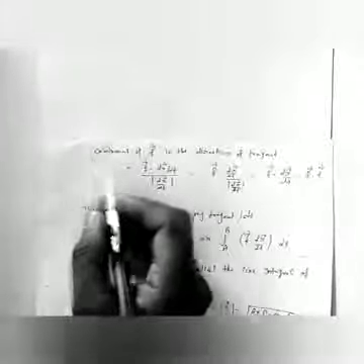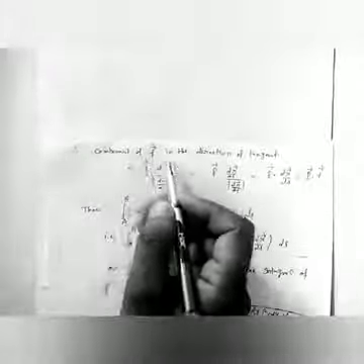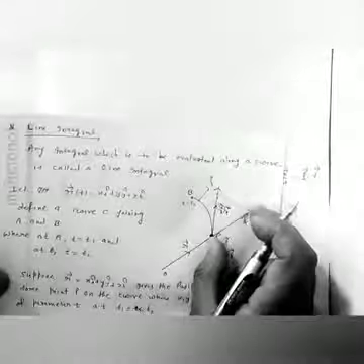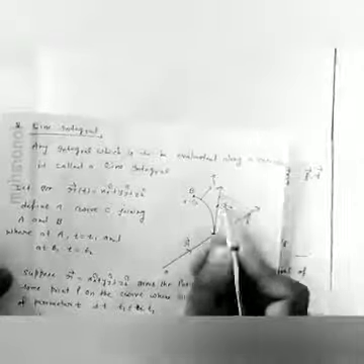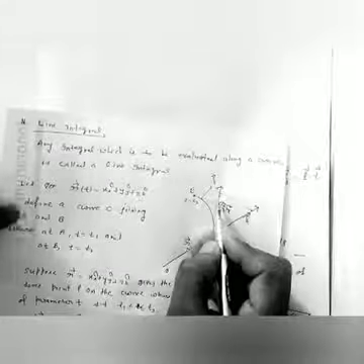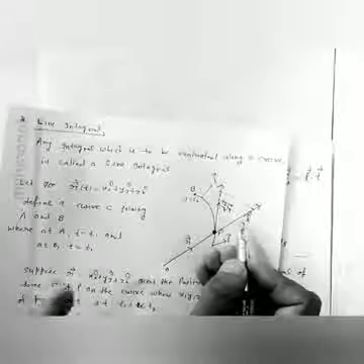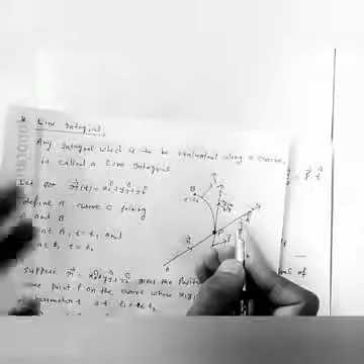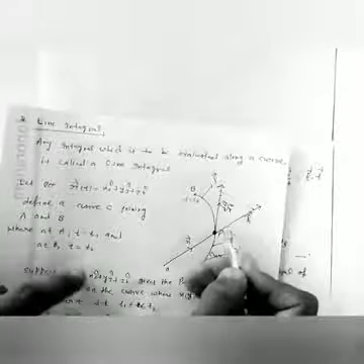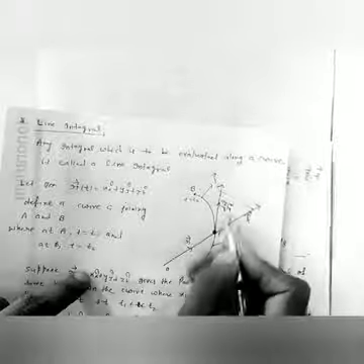Now we discuss the component of f vector in the direction of the tangent. Here is the f vector and here is our tangent vector. The component of f vector on that tangent vector means the projection of this vector on this vector. We know that the projection of a vector on b vector is a dot b upon the magnitude of b. So here a vector is f vector and b vector is dr by dt vector.